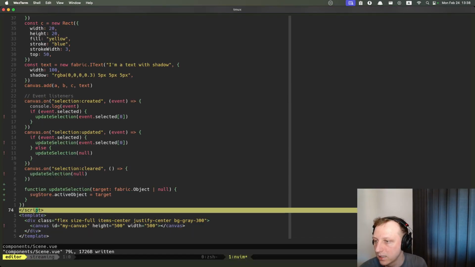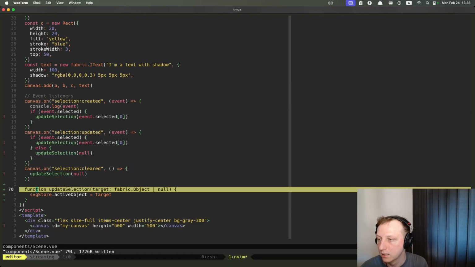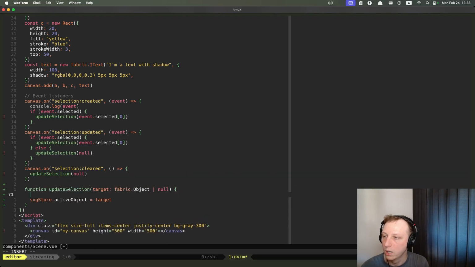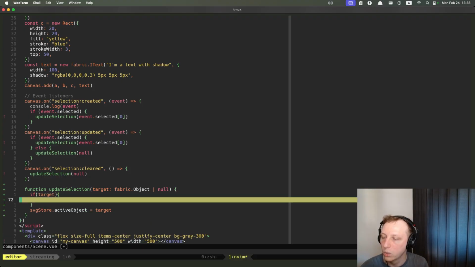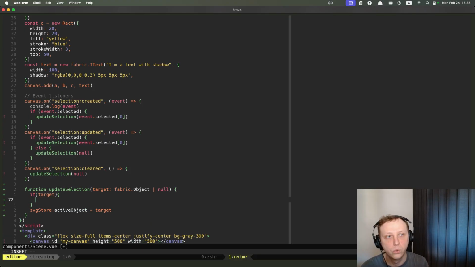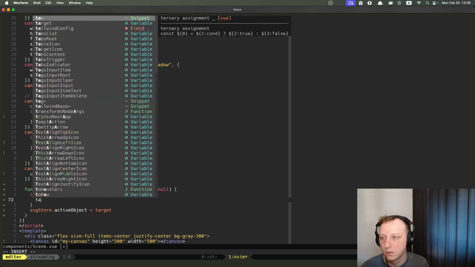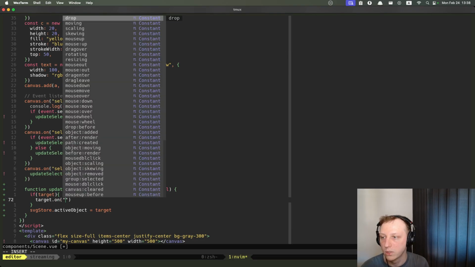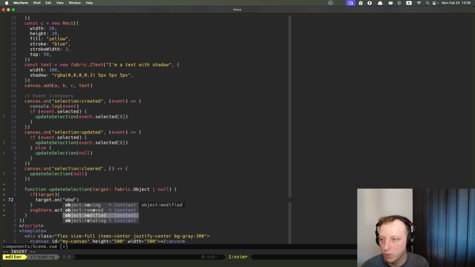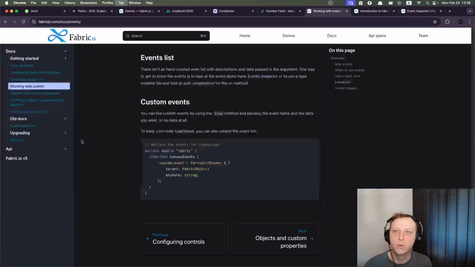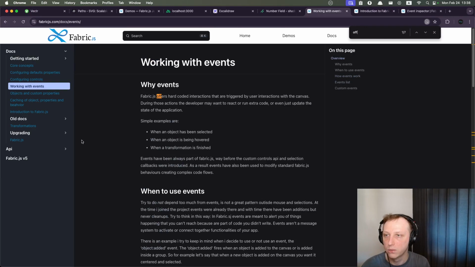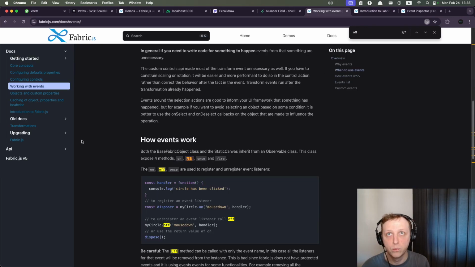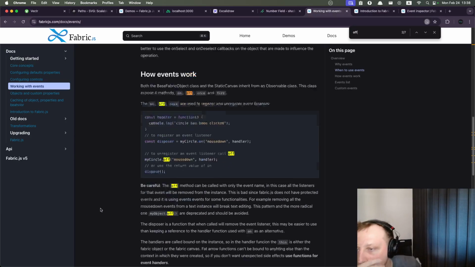Okay, so if that's the case, we are going to say that the active target, so if the target is there, we are going to add the event. So target add event on. Oh, on sounds about right. Object, yes, object modified. Now we go back to the discussion in here about the custom events and the off, because at some point, if you're trying to set to null, the current target should remove the object. But what if I remove